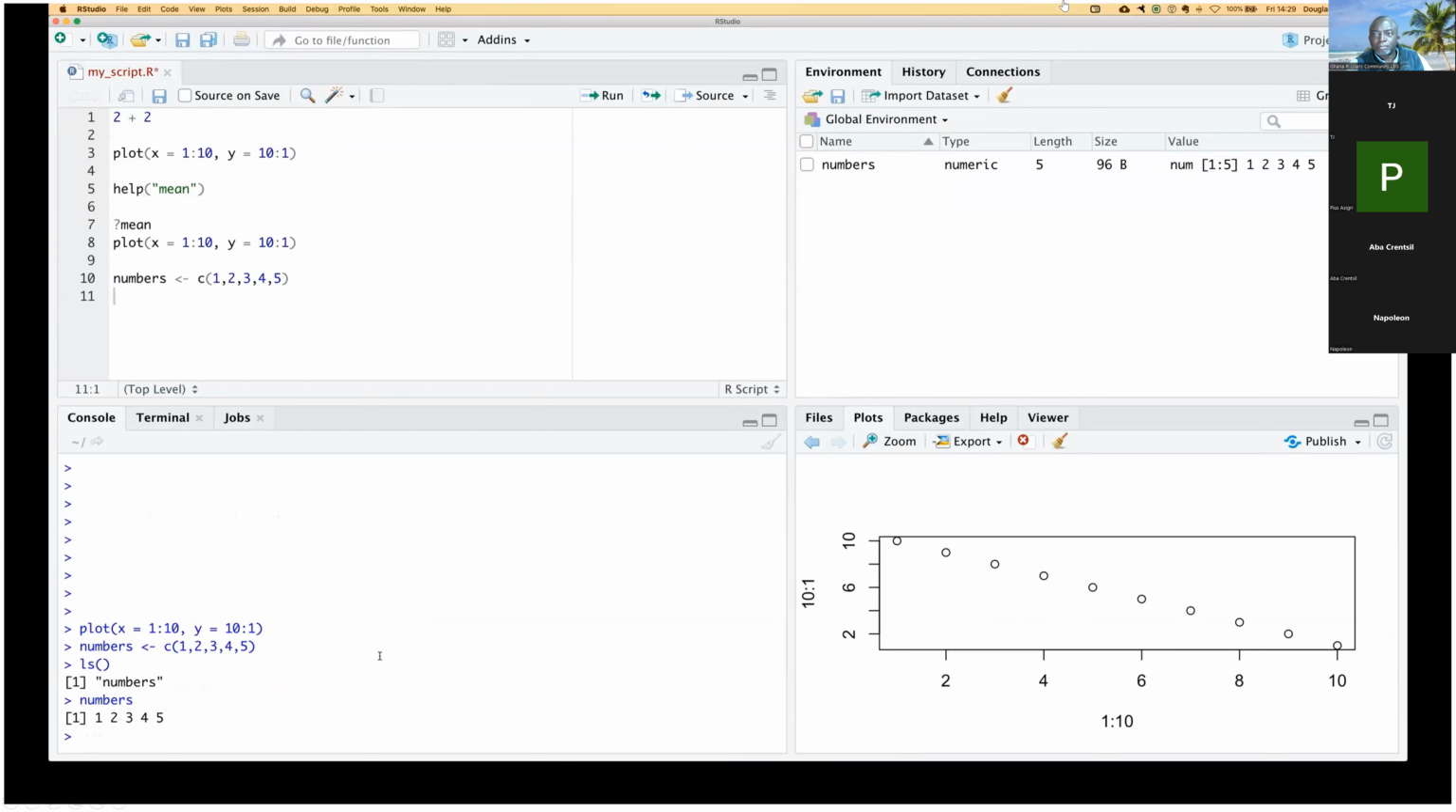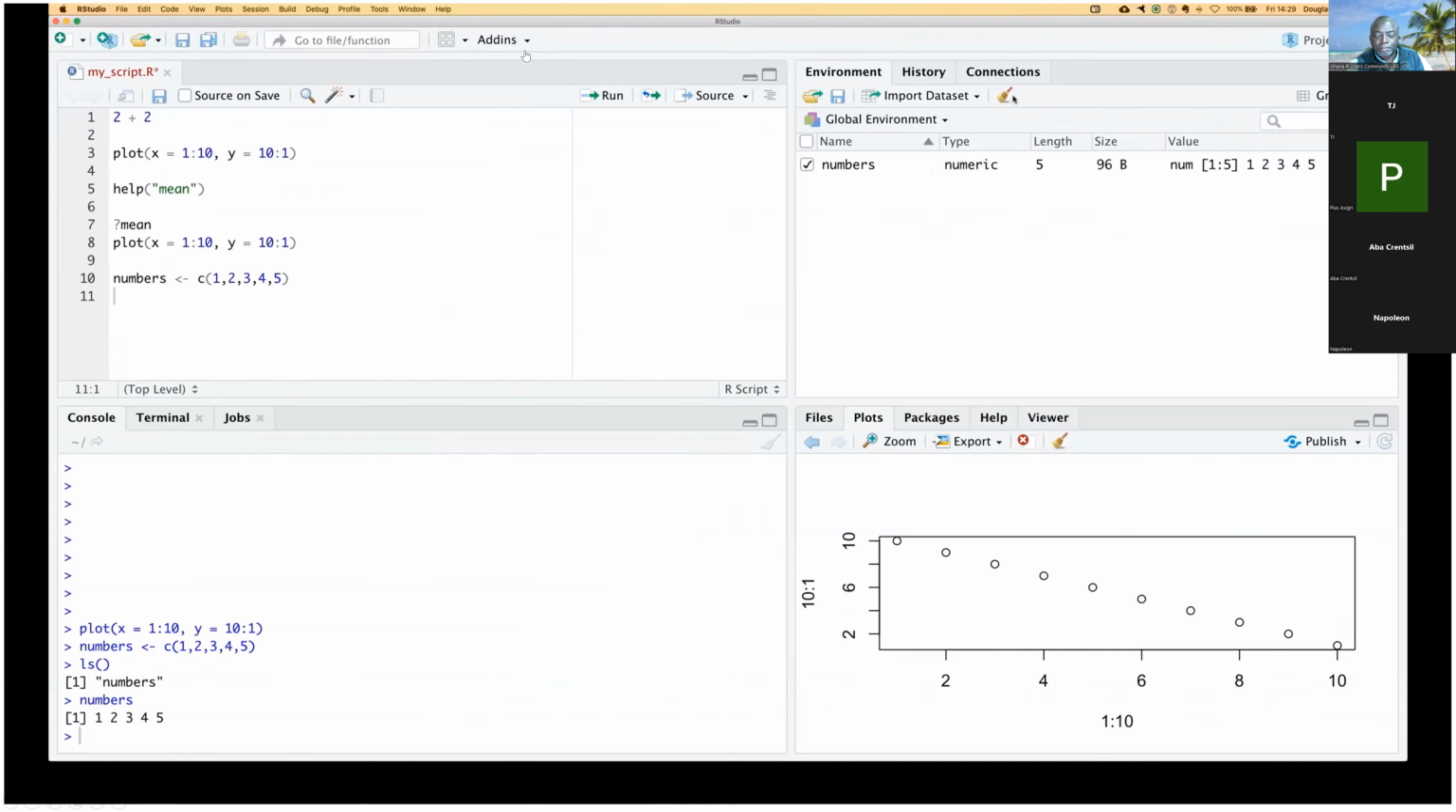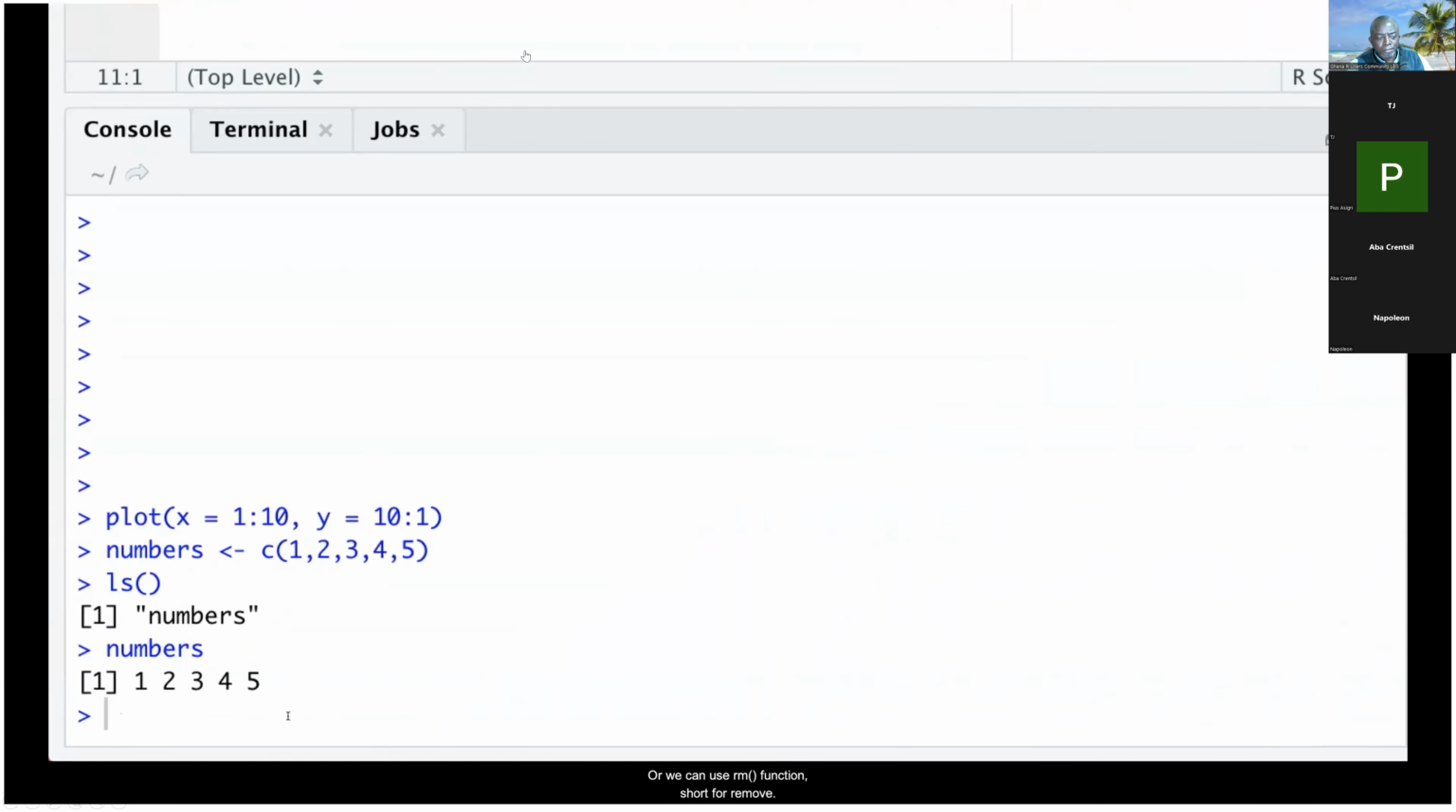To remove an object from our current session, we can either place a tick in the box next to the object name in the Environment tab, and then click on the broom icon, or we can use the rm function, short for remove, directly in the console. So if we type rm and then a pair of round brackets, num,